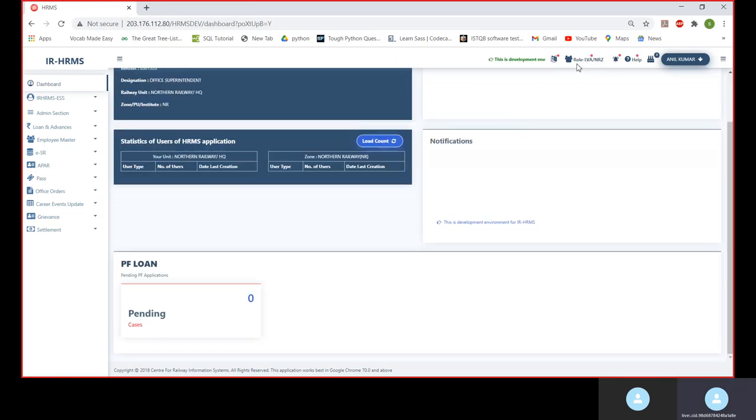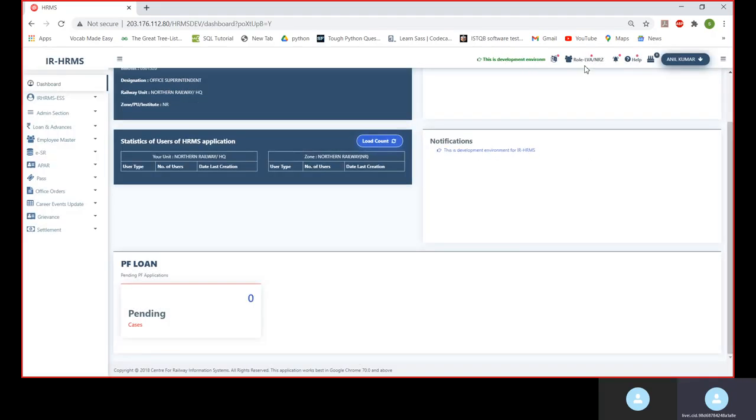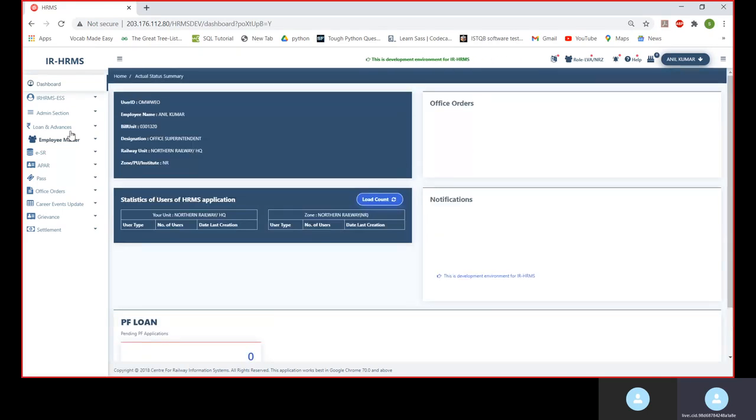Also, the verifying authority has been given a privilege to check the PF loan applications pending with him. If the LDC is not completing his process of PF loan, then the pending cases will show the dealing clerk's HRMS ID here and the application submitted by the user's details in these fields. So the monitoring purpose for the LVA is also solved by clicking on these pending application cases.